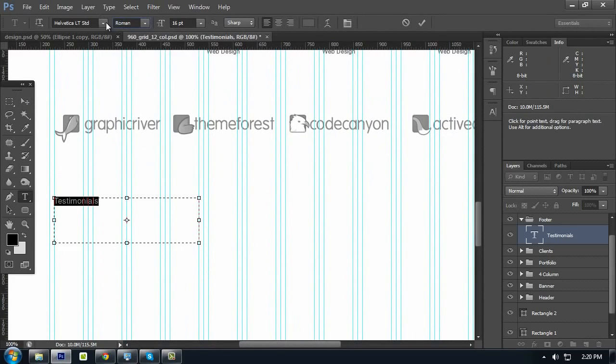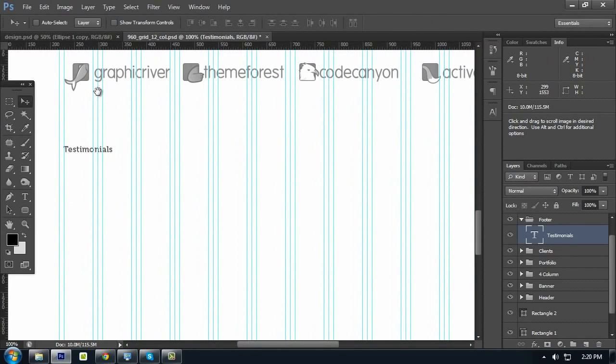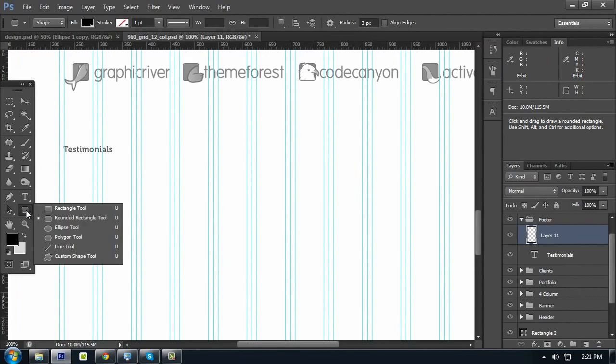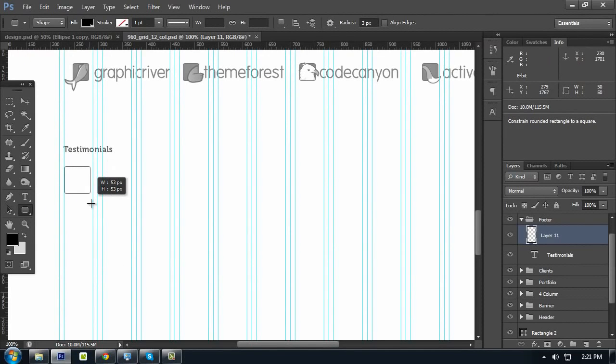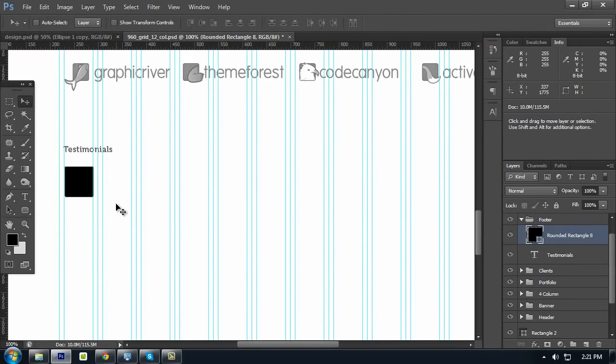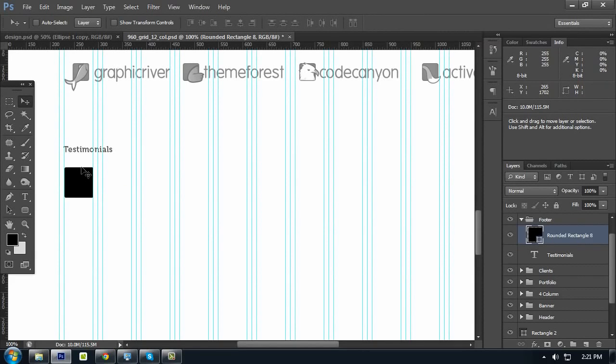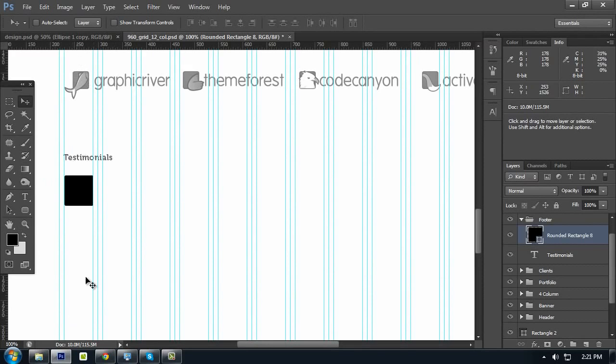Make this Museo 700, and then let's add the image. Grab the rounded rectangle tool and create a 60 pixels by 60 pixels, and then place this 1, 2, 3, 30 pixels below,